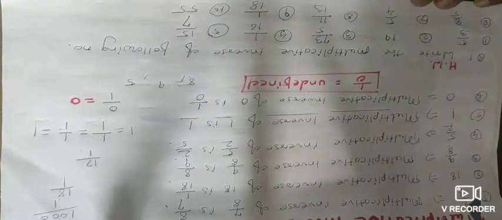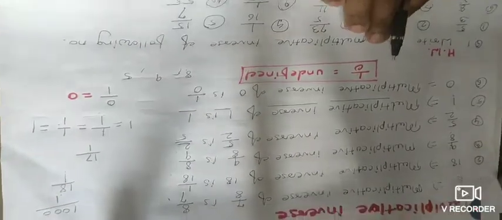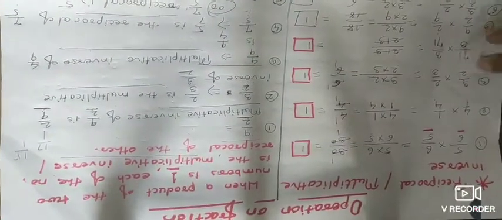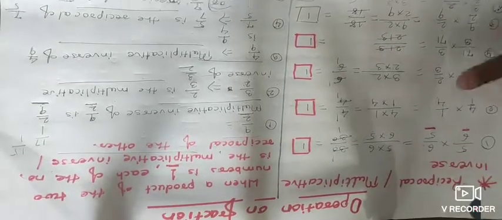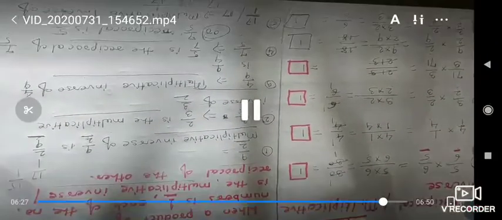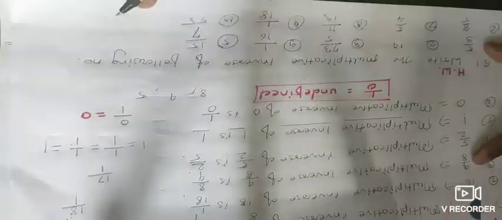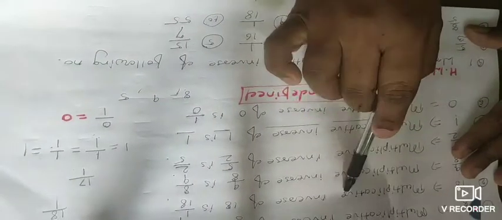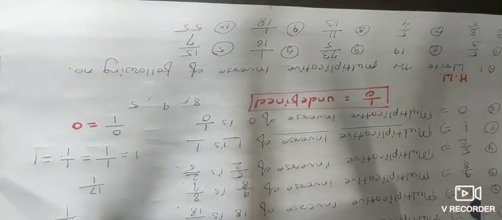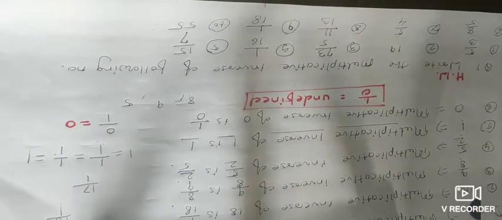Okay, so all of you solve these examples. Today we saw the multiplicative inverse of a number, and we have to use this at the time of division of fractions. So this is a very important part. You have to write this and practice it. You have to solve this homework and send it to my personal number. And we are saying multiplicative inverse means only reciprocal. So don't forget these things, and solve and send me.